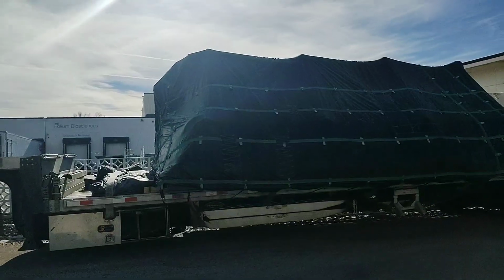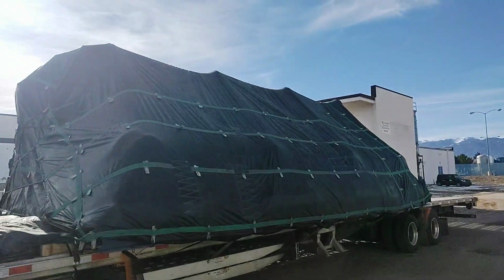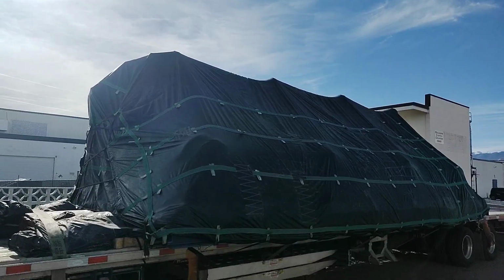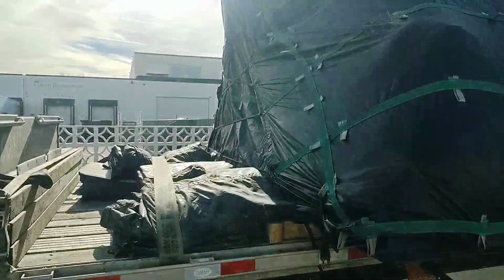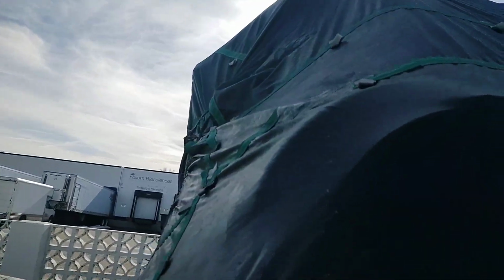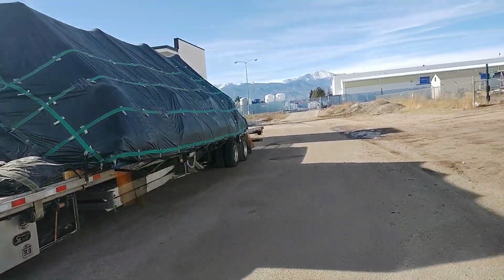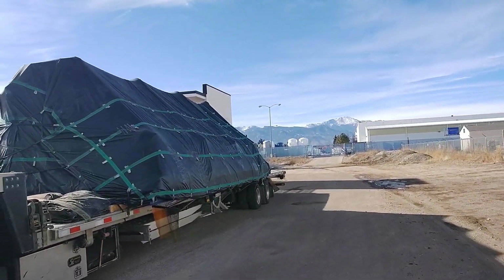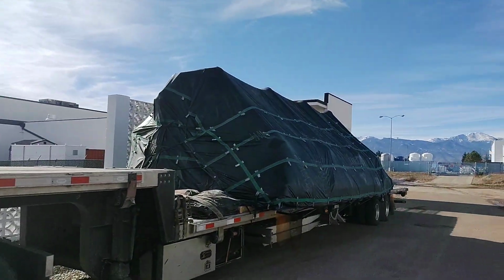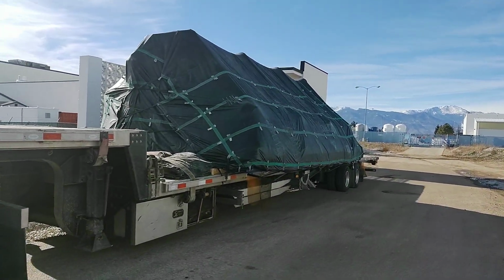I appreciate that. But anyway, again, you got to know what tarp to use in certain situations, because you don't want to be untarping and retarping all over the place. That one tarp right there, that's a smoke tarp. Smoke tarp is about from here to like here, and it just covers the top. If you got a stack, the smoke don't get on the load, which most of the trucks now, the stack is on the ground, so you won't have much to worry about. But sometimes you needed to cover just a small piece, like the back, if needed, but they don't have to cover the back. So again, you have to learn how to use certain tarps in certain situations. Don't get caught